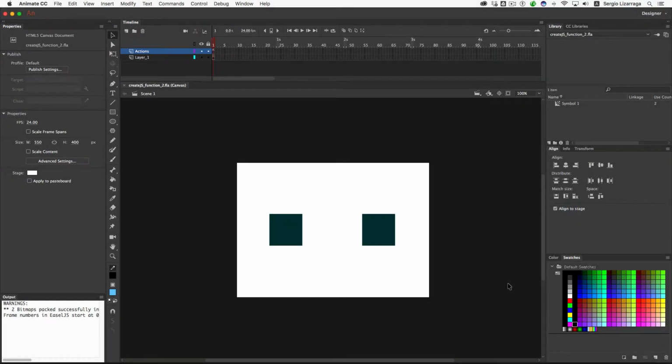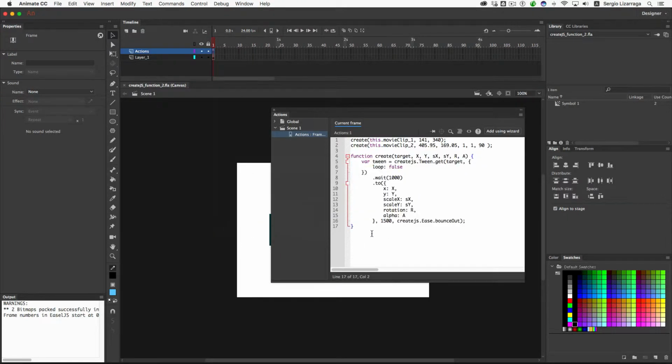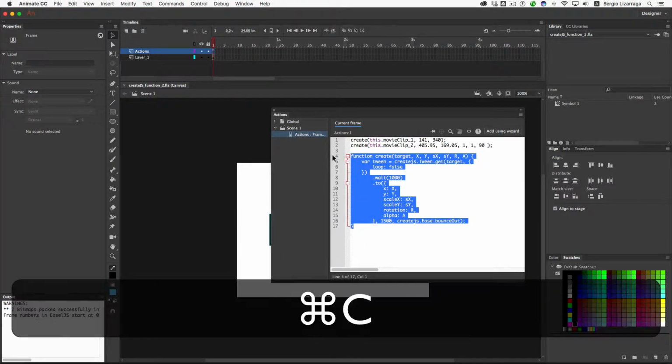So in this movie, we're going to finish our function tutorial here. This is the third movie, and we're going to take the code that we've already generated in the last movie, and we're going to use that in our banner. So copy that,